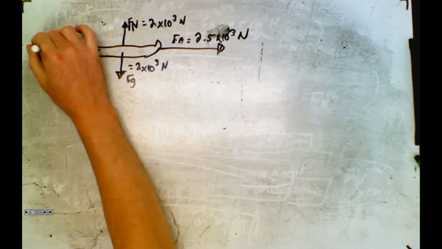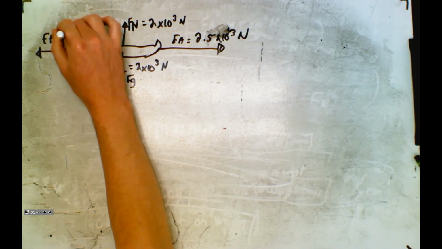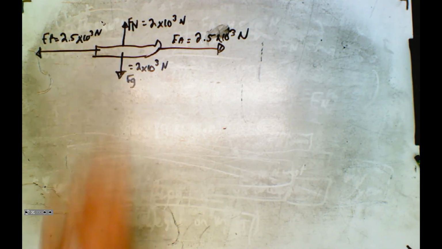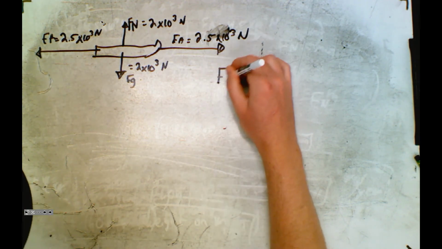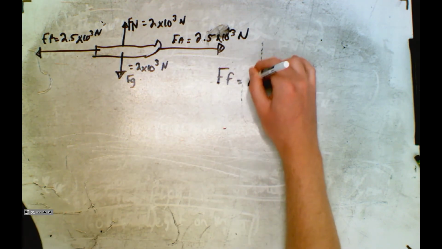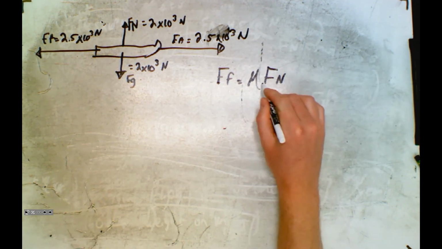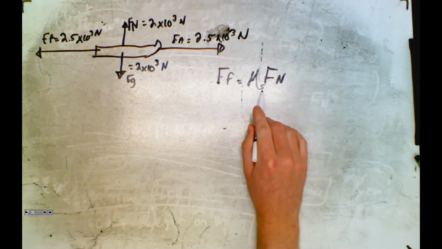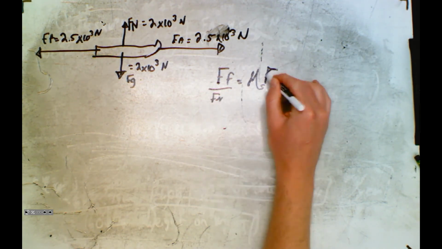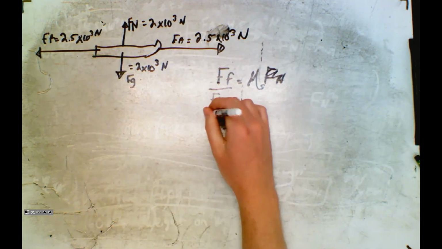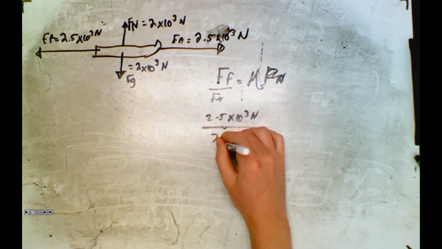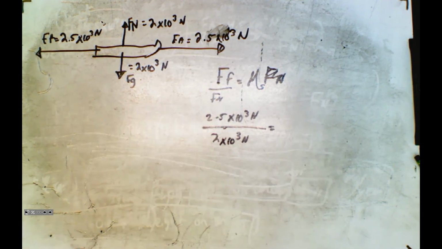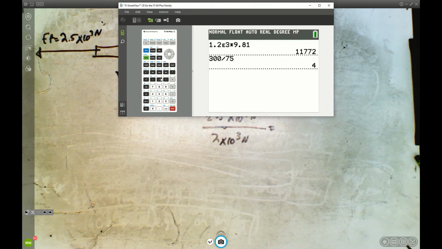So it isn't moving yet. That means that our force of friction is going to be the same as the force applied. If we want to find our coefficient of static friction, that's this scenario. We usually put a little s here if it's static, and we just put force normal over there. So our force of friction is the same as our force applied, 2.5 times 10 to the 3 newtons. Our force normal is the same as the force of gravity. And when we calculate that, we get,